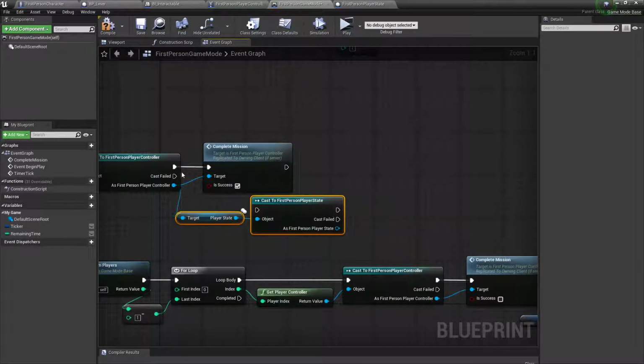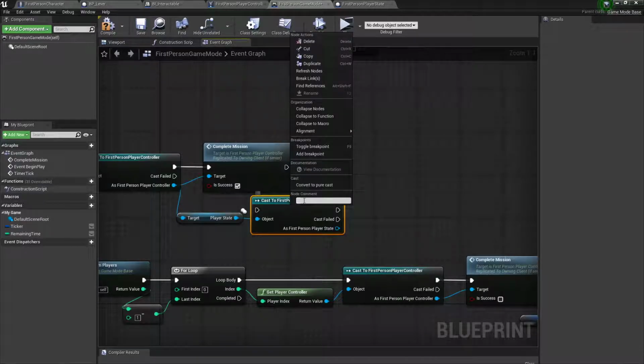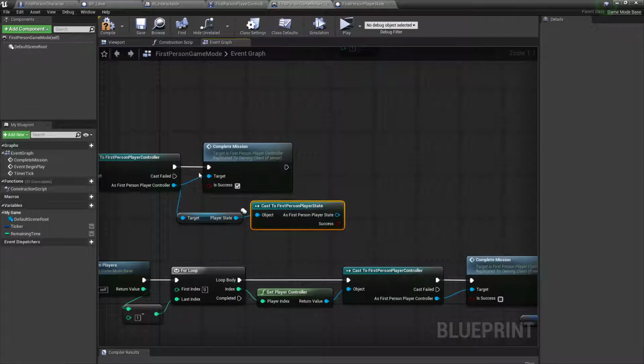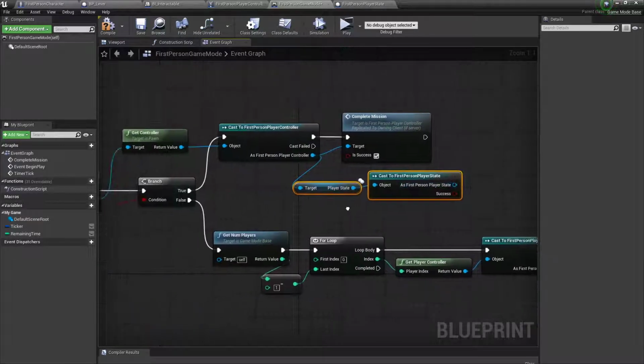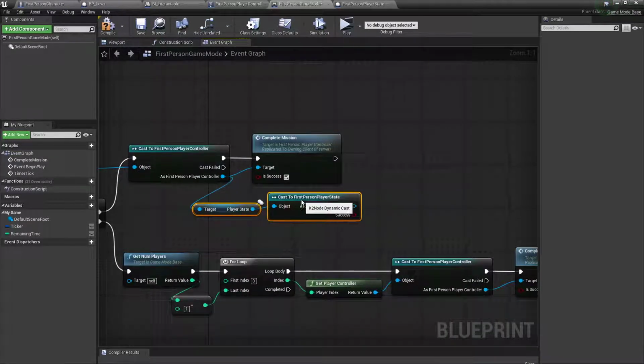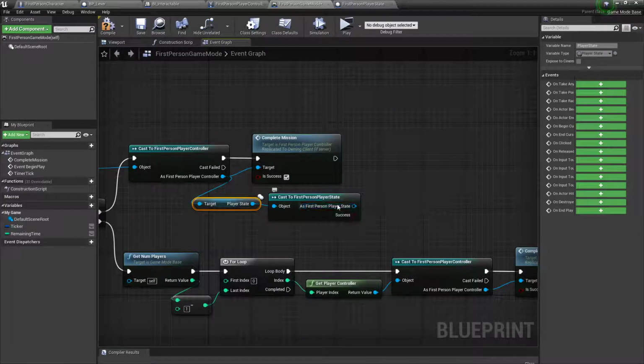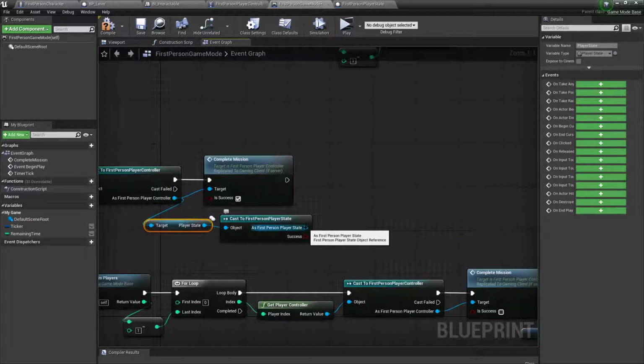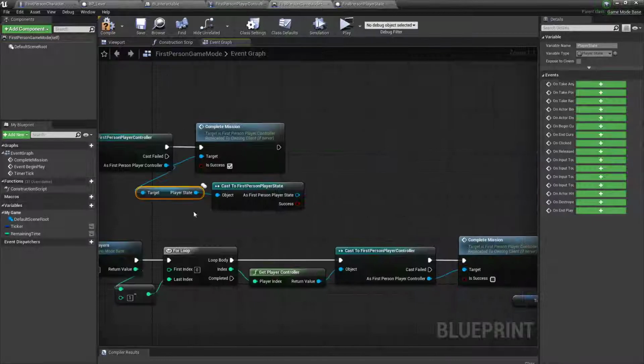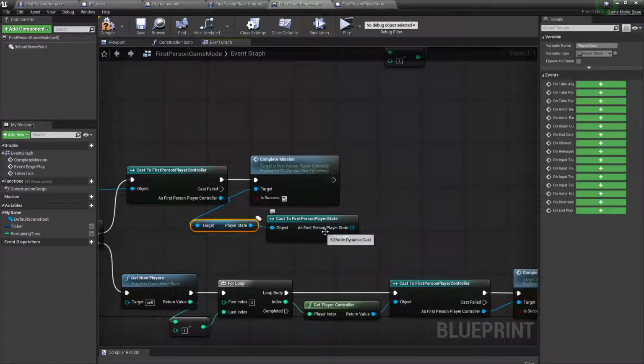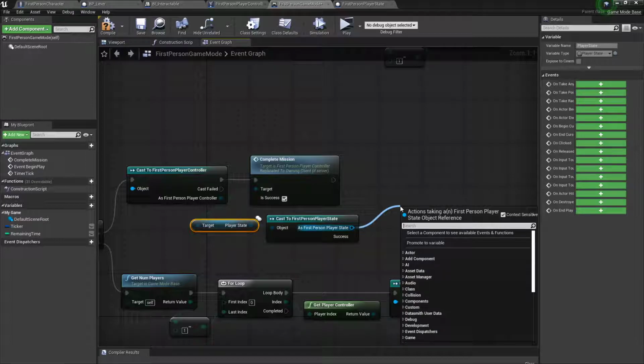Because we always know that this player controller is using this particular first person player state, we can also convert it to a pure cast. This will remove the execution pins and add a boolean instead. If we are sure that it's always this player state, we don't actually need to validate it every time, and can get the blueprint a little bit more compact. So in the first person player state, we can now